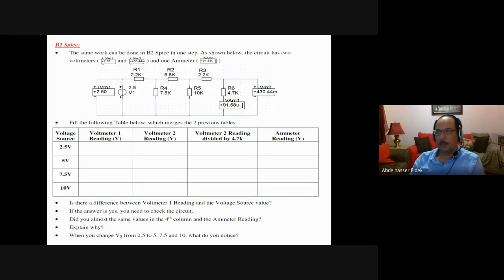The second part in this experiment is about B2Spice. So we have to simulate the circuit using B2Spice. So here it is, we have the same circuit, and we have voltmeter 1 connected to the source, voltmeter 2 connected across the 4.7 to measure VO, and we have a meter connected in the branch in series with the resistor. So let us see how we can do it using